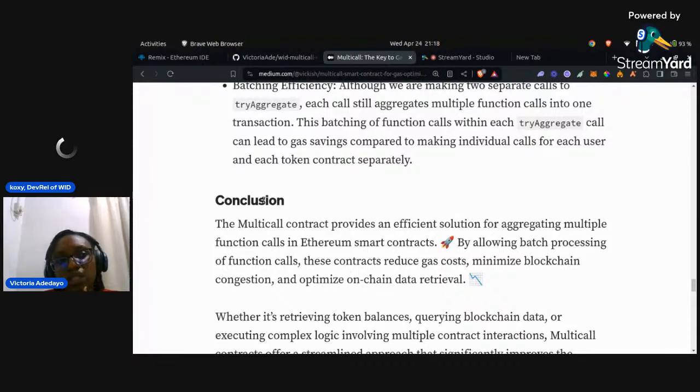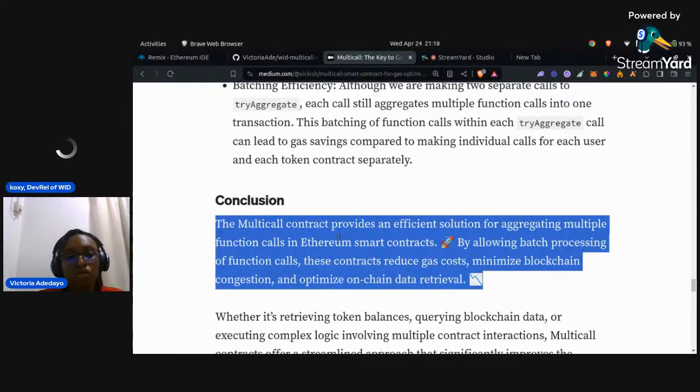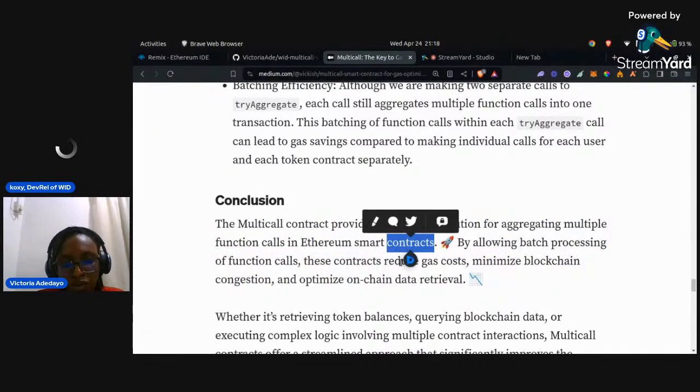In this one now, we did it for just the balance of function. You mustn't just do it for only the balance of function. You can do it for another function in another contract, right? So it gives you this amazing flexibility. You can do it for a lot of functions in one call, multiple function calls in one call. There's a lot of superpower that comes with the multi-call function in terms of